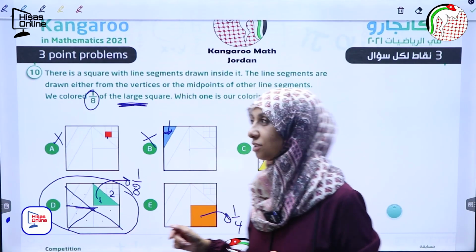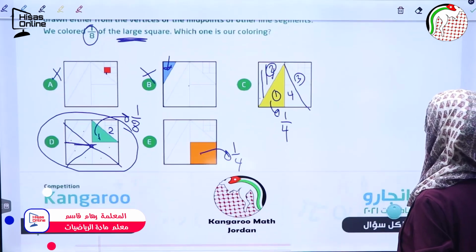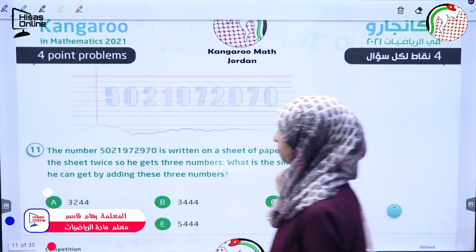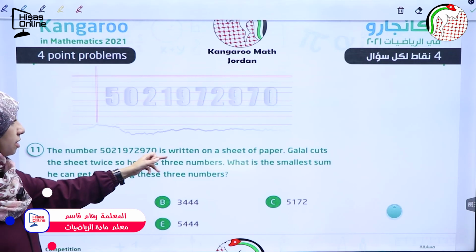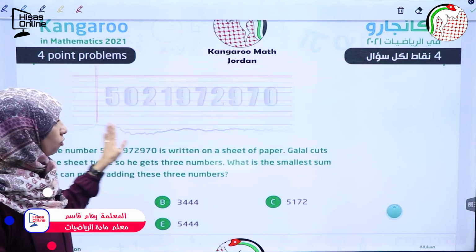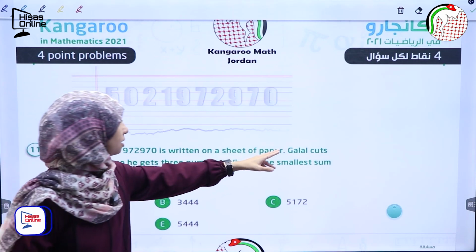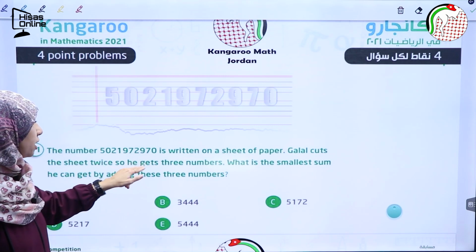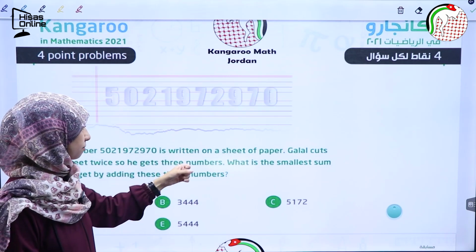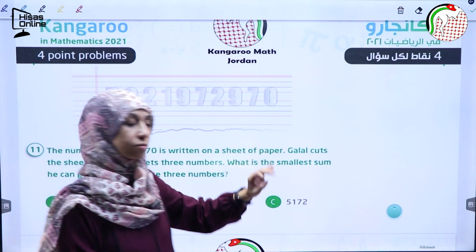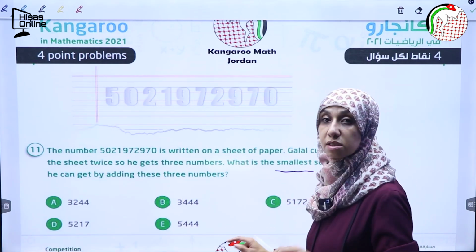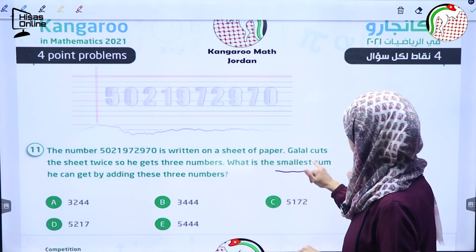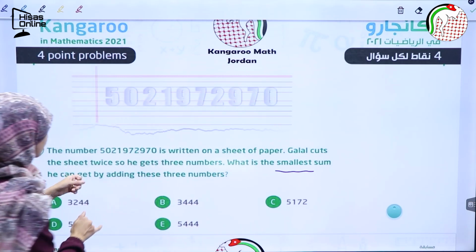Now let's move to question 11. Question 11. This number that is written on that sheet or piece of paper, Galal cuts the sheet two times. So he gets 3 numbers. What is the smallest sum? So I'm looking for the sum of the digits here,